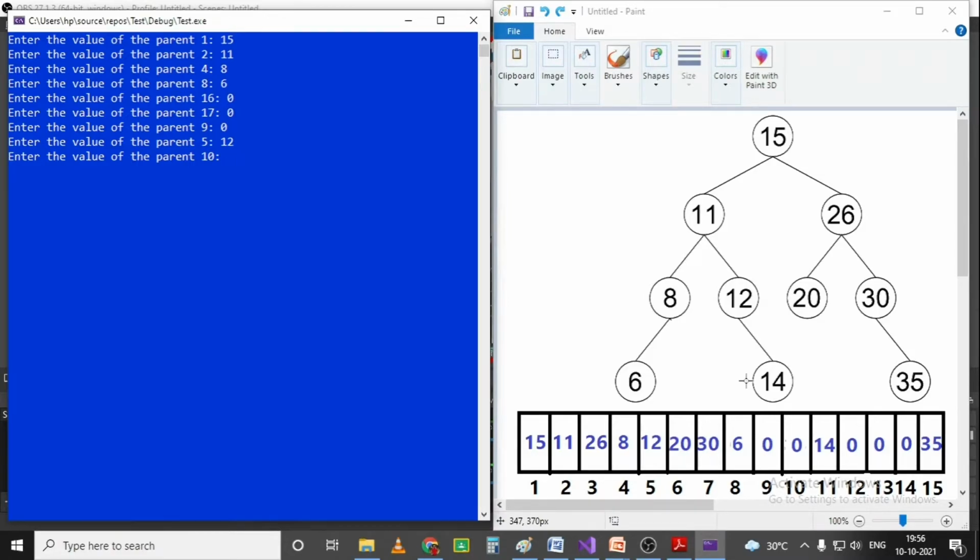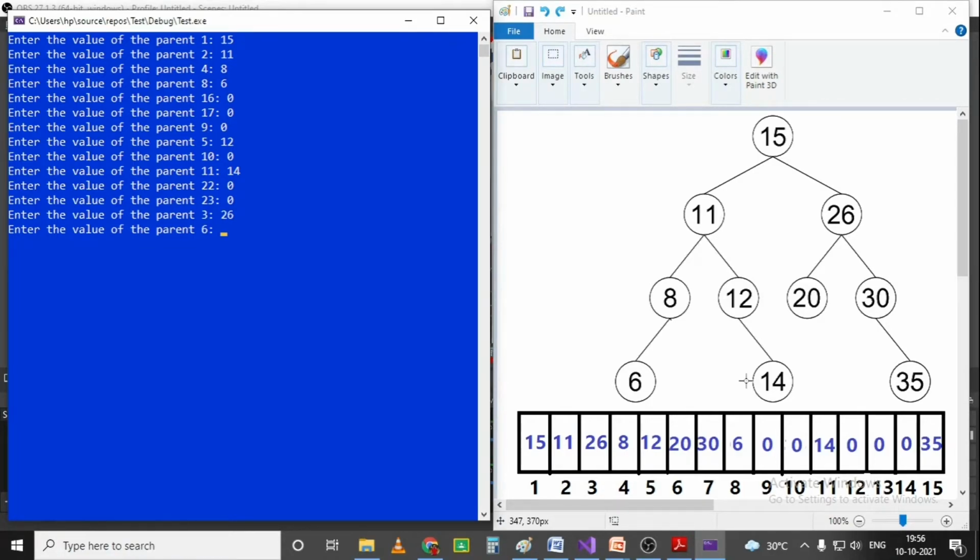Index 10, 0. Index 11, 14. 22 again doesn't exist, so I'm going to give 0. 23, 0. Index 3, 26. Index 6, 20.